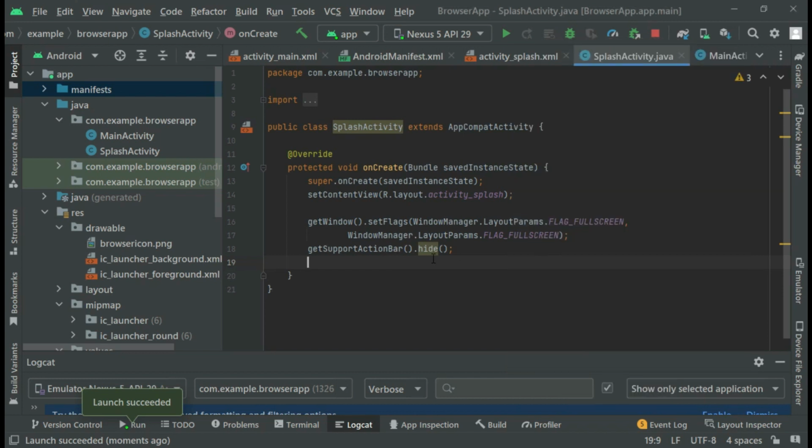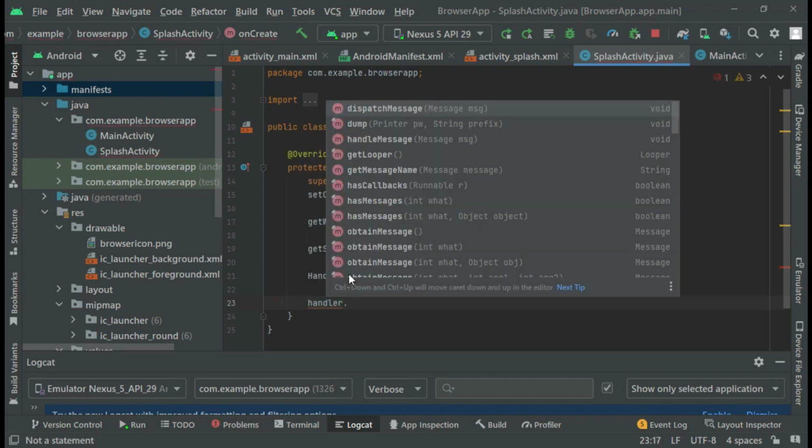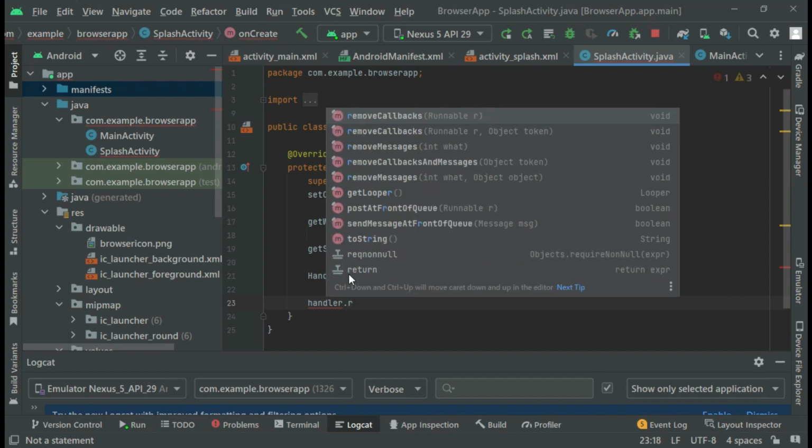So what are we going to do? We are going to bring in a handler. The handler helps the splash screen load for some seconds before going to the main activity. So we are going to initialize handler equal to new Handler. So say handler dot